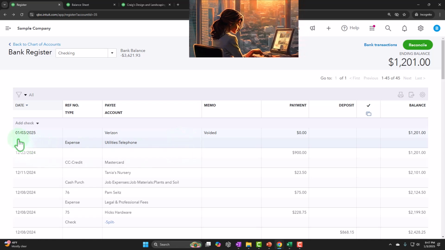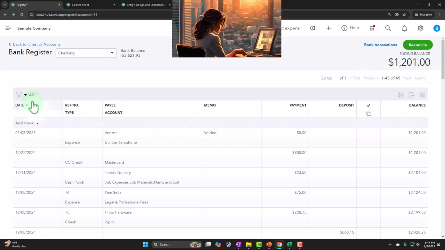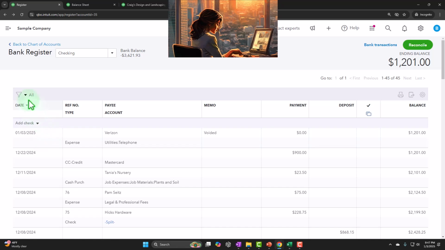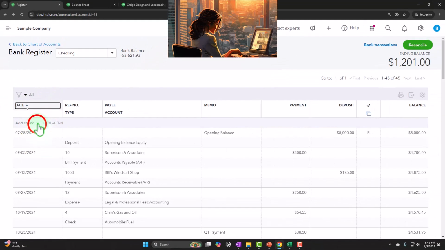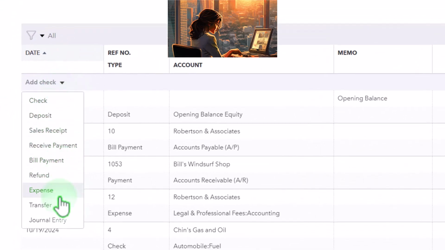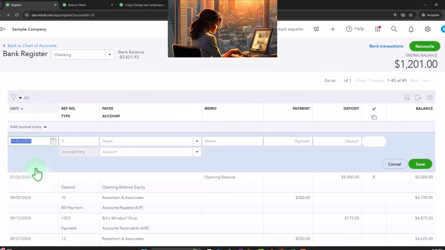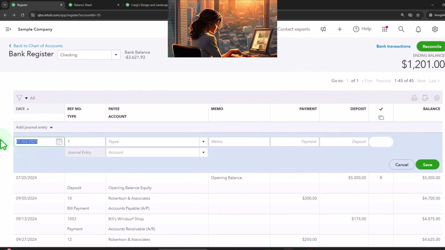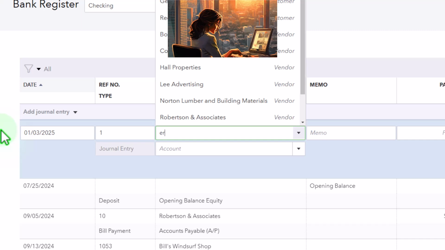So as of the same date, I'm going to enter another transaction, let's say a new transaction here. Sometimes I'll try to record these as a journal entry. Here's the little drop down for the transactions, because that'll tell me that it's kind of an adjustment. I'm going to make it as of the same date, which was 3/1/2025, and I'm just going to put it back on the books. So it's going to be telephone, what did I say? Verizon,